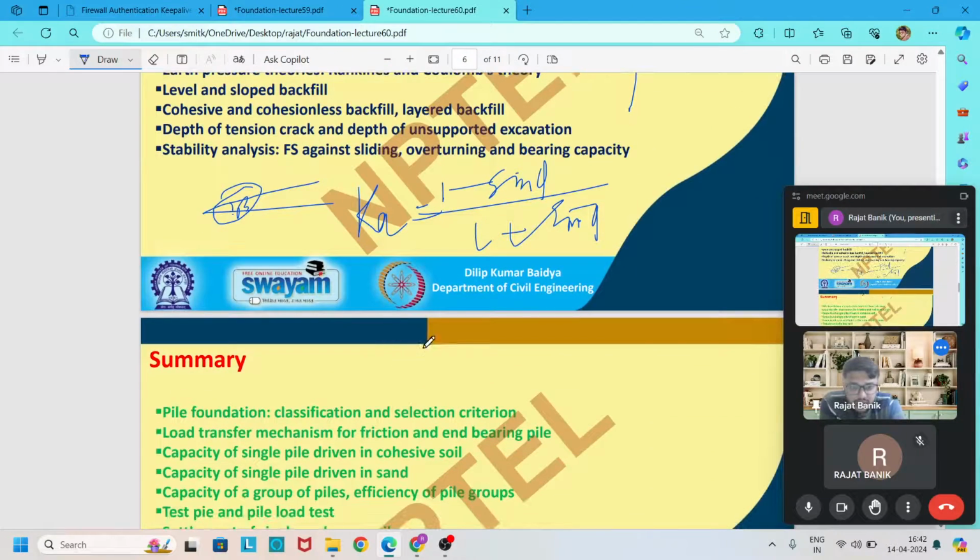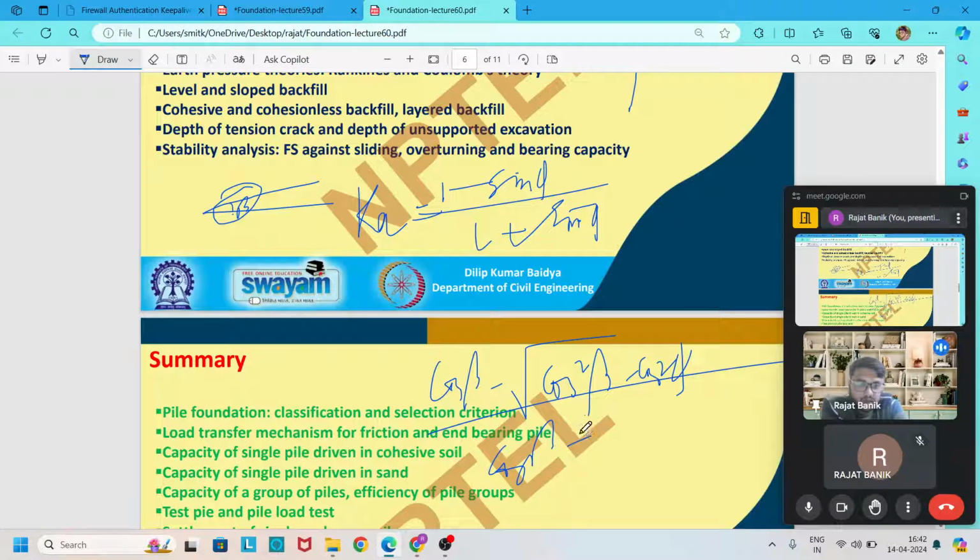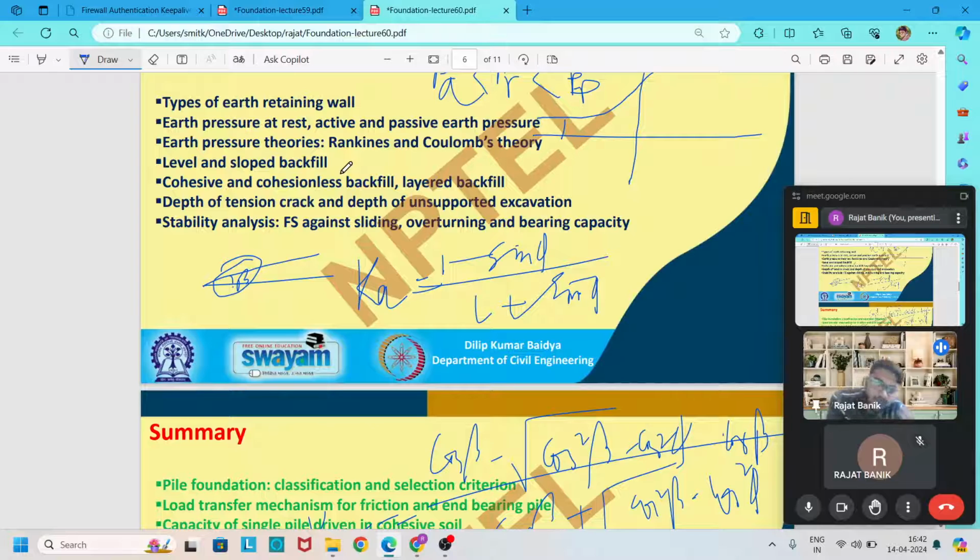So it is, I think, cos beta minus root over cos square beta minus cos square phi, divided by cos beta plus root over cos square beta minus cos square phi, into cos beta. I think it is for the active earth pressure case, if the backfill is at a slope with the angle of beta, then